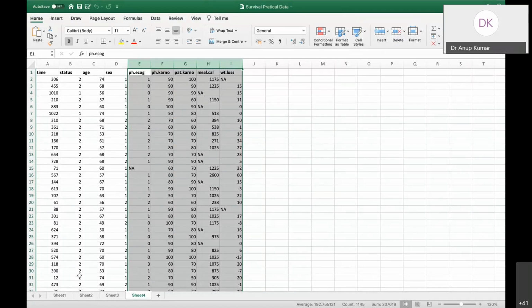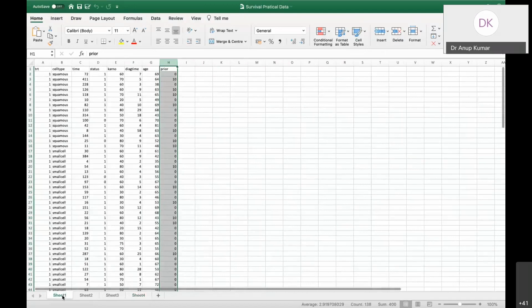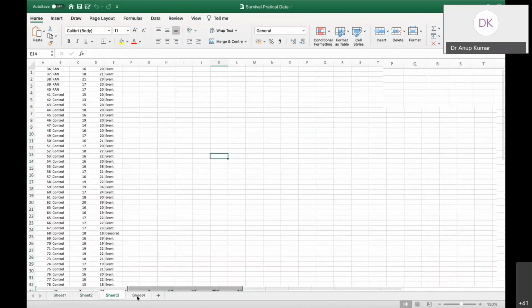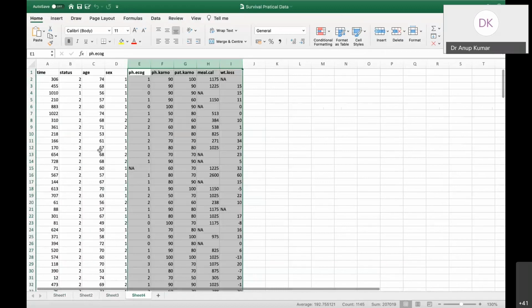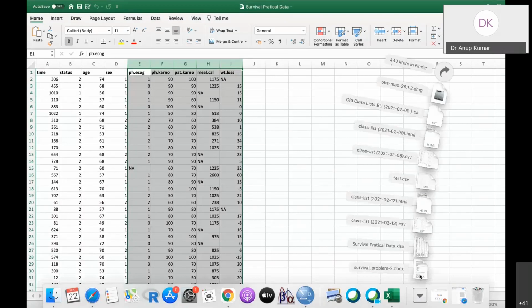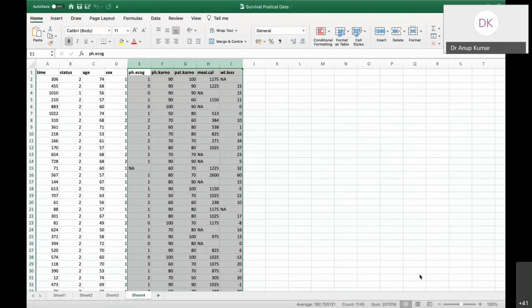The data are available on sheet number 1, sheet number 2, sheet number 3, and sheet number 4. All these four data sets are rectangular data, in which the first row contains the names of the variables, and the rest of them are the cases. And the description of these data is given in the Word file that we have also downloaded.